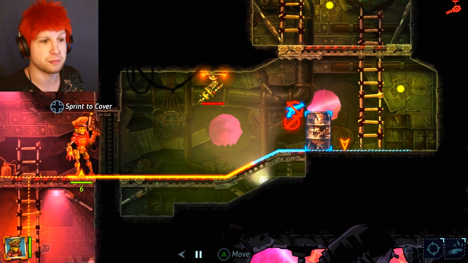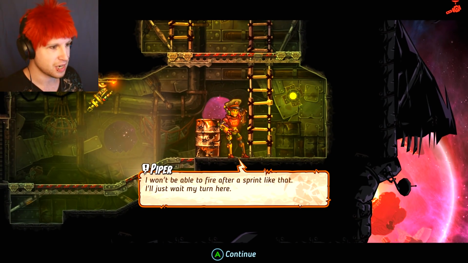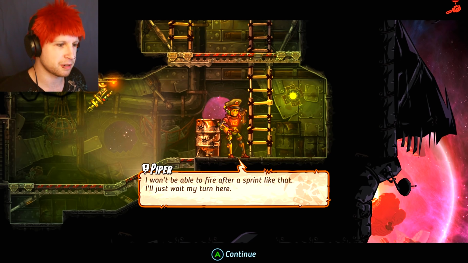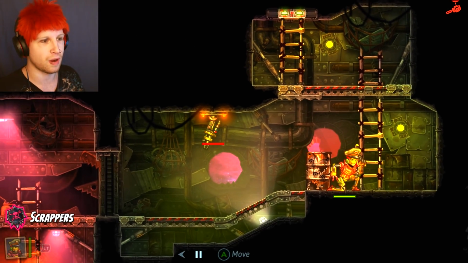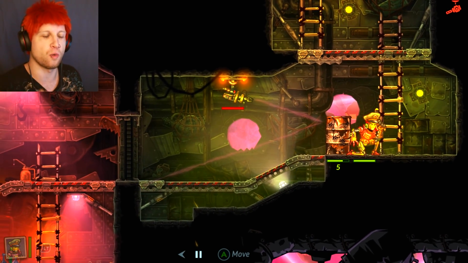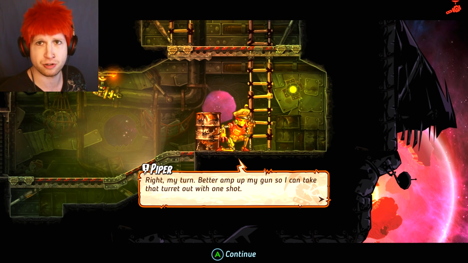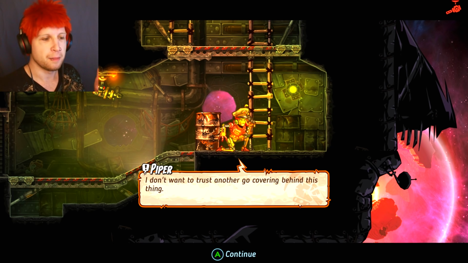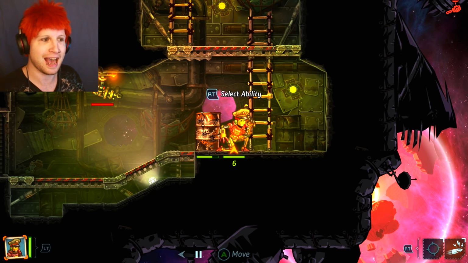So they're trying to teach us the basic covering mechanics. And you saw right there as well, I'll show you in a minute, I won't be able to fire after a sprint like that. I'll just wait my turn here. So as you saw when we ended up going beyond our movement, better use the special abilities it's telling us to use, but we ended up going further than our character could for shooting,